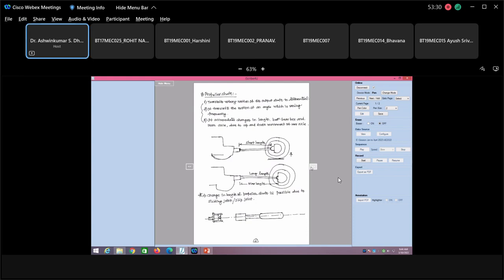Propeller shaft connect किया, then यहाँ से the other end of the propeller shaft is connected to the universal joint and is connected to differential. So ये हो गया आपका differential